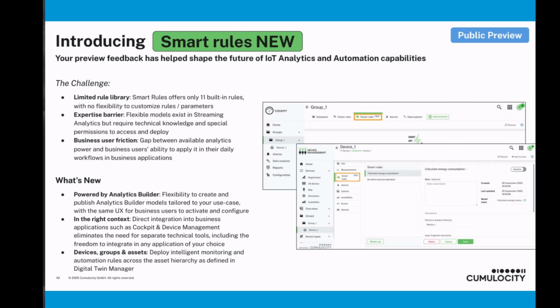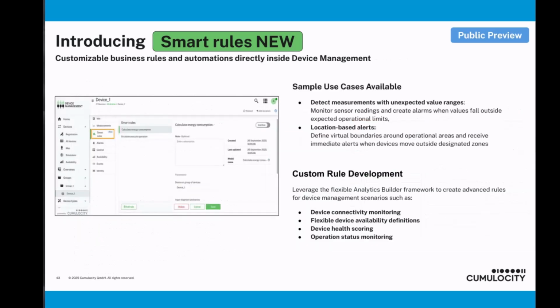For example, we will introduce, and maybe let's directly go to the next tab there, you can directly see it. We also make the smart rules now available, we have a dedicated tab in the device management application for each device. So you can deploy specific additional smart rules to your device in device management, and you can even further configure them. So we also have some additional samples we provide out of the box for specifically the device